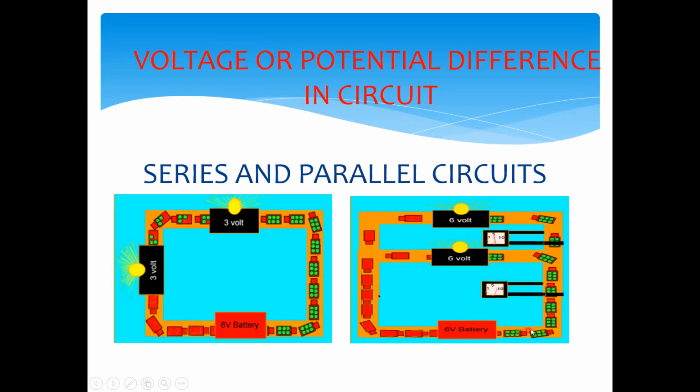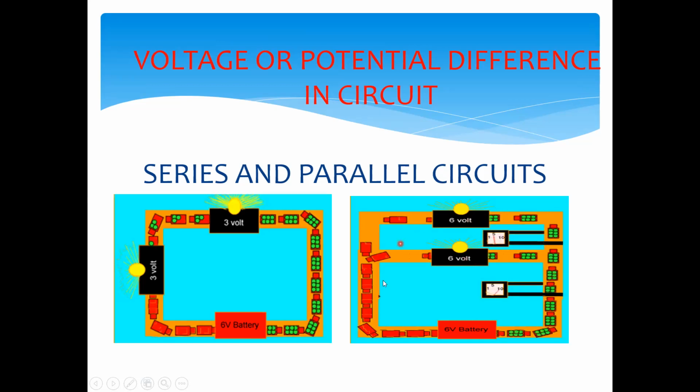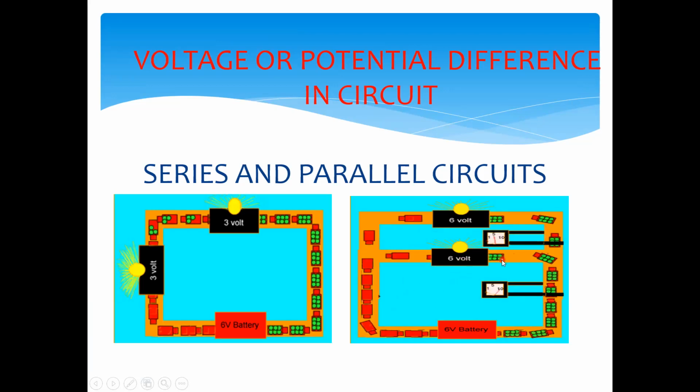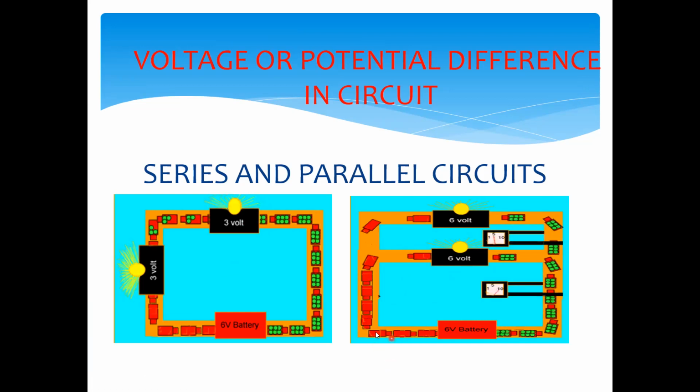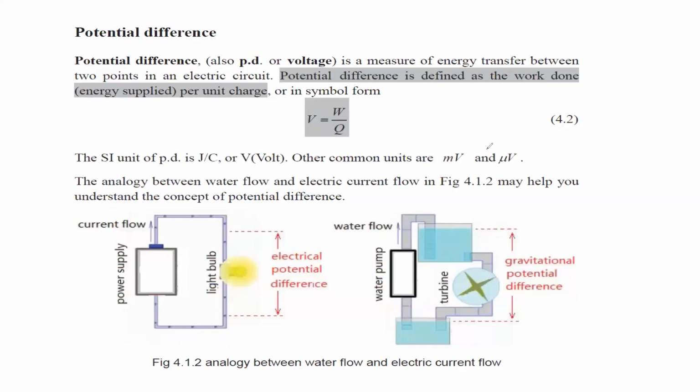So if each charge carries 6 joules of energy, if one charge flows through the first part, the second charge will flow through the second part. So the amount of energy which they transfer will be the same. That's why when the components are connected in parallel, they will have the same voltage. Where they're connected in series, the voltage will be divided. So the definition of potential difference is how much energy is transferred by the charge when it moves through a circuit, and how much energy is transferred to the charge to move it around the circuit, we call that EMF or electromotive force.